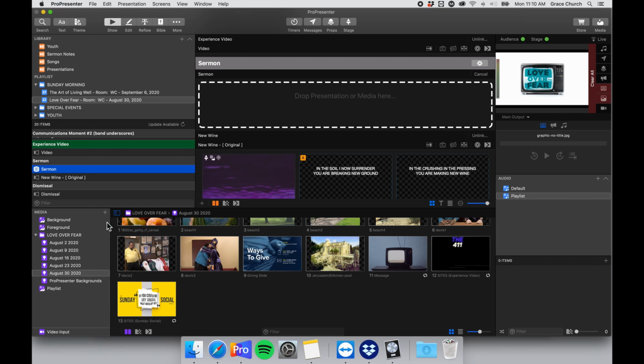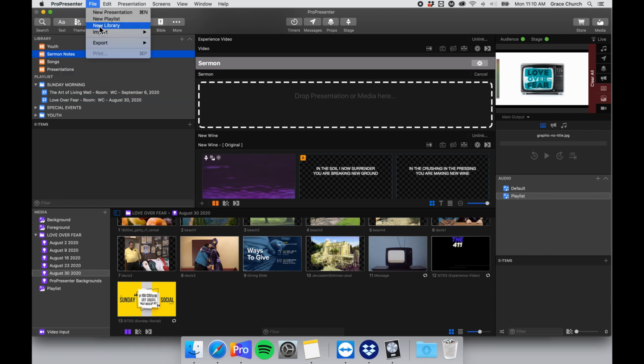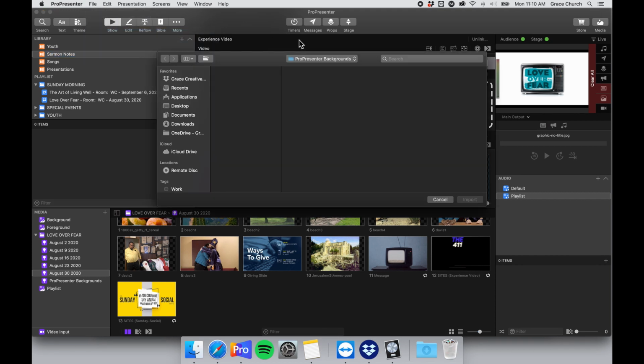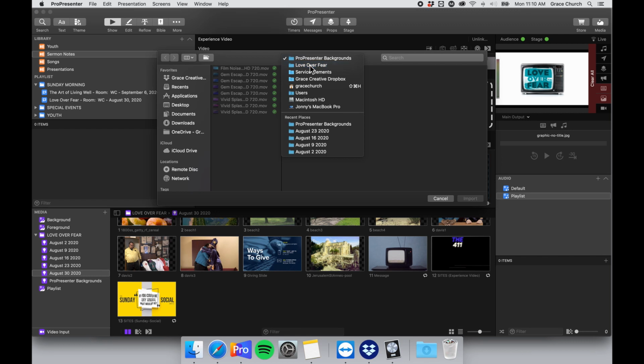What I'm going to do is, as you can tell, it did not import that ProPresenter file into this folder. So what you have to do is go to Sermon Notes, click on that folder, go up to File. We're going to import a file, right? Okay, import file. We're going to go back to Love Over Fear,